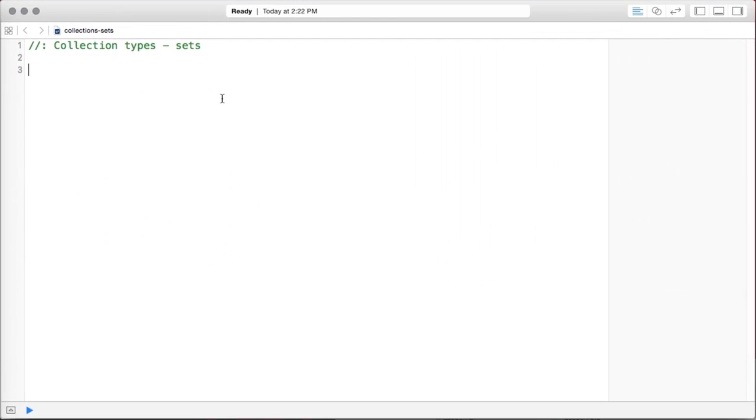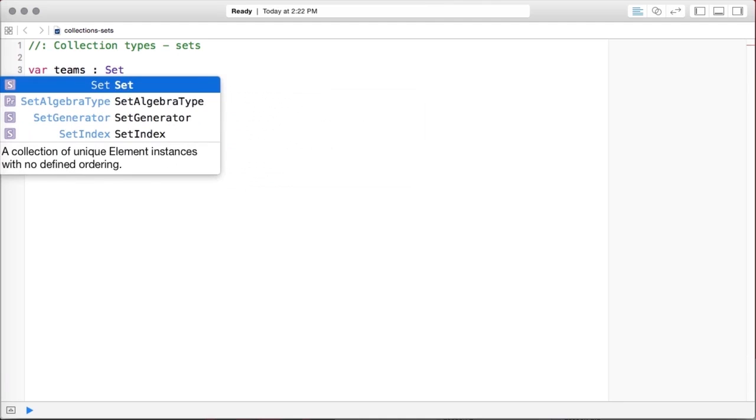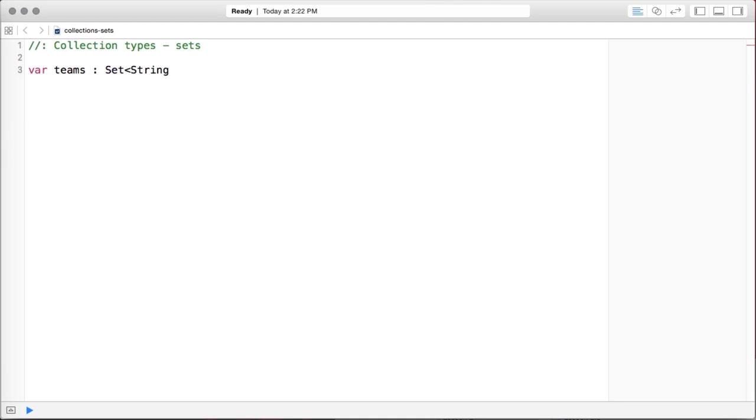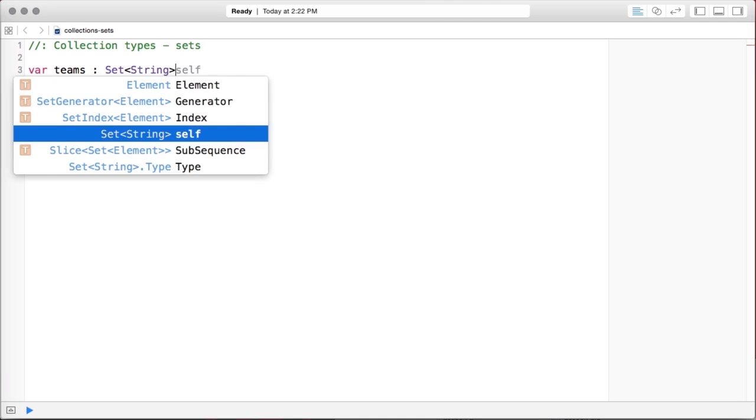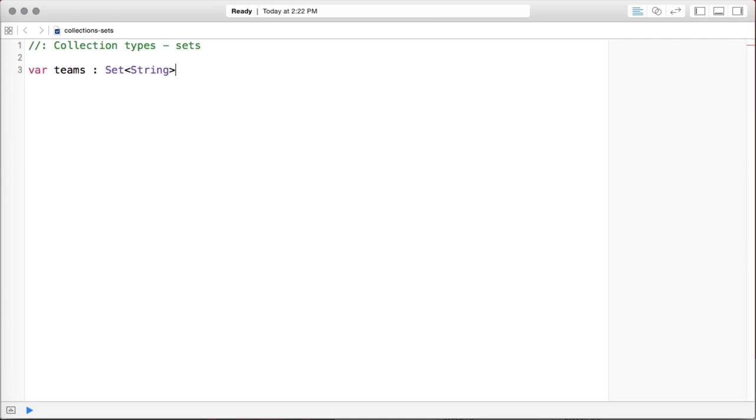So sets basically are an array of items, and they're so similar to arrays, in fact, that when you create a set, you need to declare that it is a set. Otherwise, the Swift compiler will infer it as an array. That's how closely related they are. So I'm going to show you real quickly how to create an empty set. The syntax for this is a little bit different. If I say variable teams, and I make that of the type set, and then have that be a set of strings,